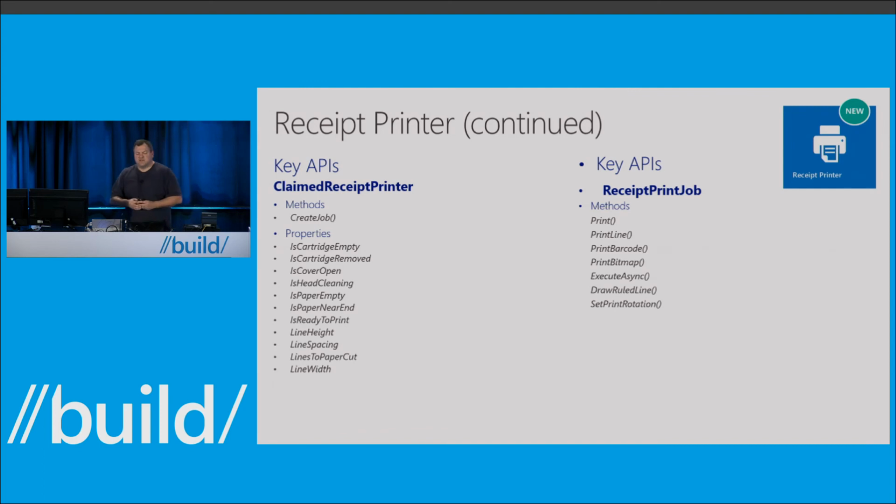So you'll have a bunch of properties around checking: is the cartridge empty, has it been removed, am I ready to print? You'll have an ability to set up a print job and define what type of line you want. Do you want to print an image? Do you want to print a barcode? Do you want to print a bitmap? And you'll be able to set all that print job up and have it print directly to the printer utilizing